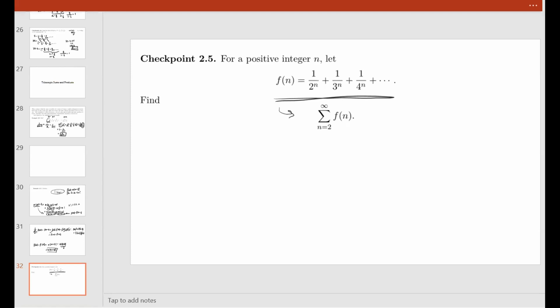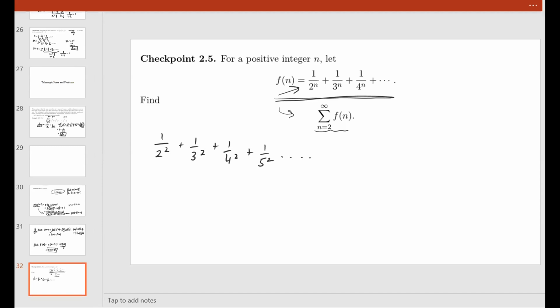I'll just go ahead and go over the solution for this one since we're running low on time. So the first thing we can do is just write out a few terms of this summation. So we start with f of 2. So that's 1 over 2 squared plus 1 over 3 squared plus 1 over 4 squared, so on. Just like plugging in 2 into this